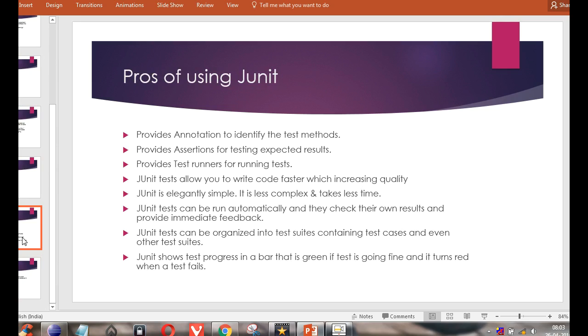JUnit provides annotations to identify the test methods, provides assertions for testing expected results, and provides a test runner for running tests. JUnit tests allow you to write code faster, which increases quality. JUnit is elegantly simple, less complex, and takes less time. JUnit tests can be run automatically, check their own results, and provide immediate feedback. They can be organized into test suites containing test cases and even other suites. JUnit shows the test progress in a bar that is green if the test case is going fine and turns red